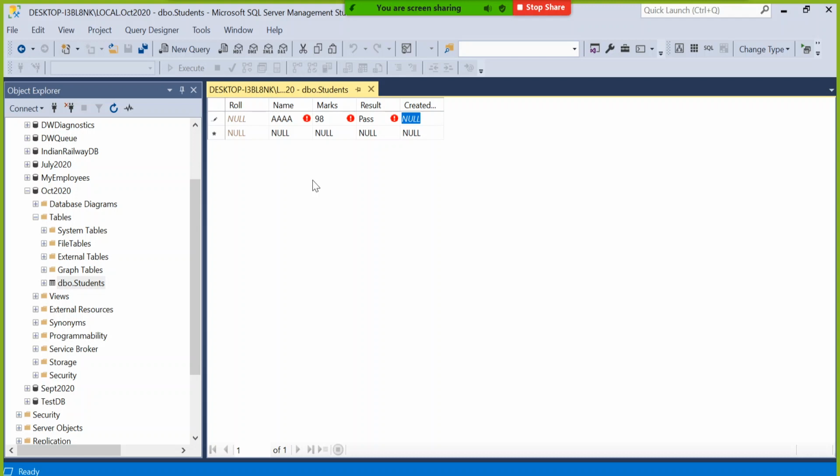Default value, if you are not entering anything, it will take the default content automatically. We will see later how it is taking the default data. But if you are entering manually, then that will be taken. So in a default valued column, we have the provision of entering as well. If you don't enter, it will take the default system date, but if you enter, it will take that date. So let's enter some two or three records.